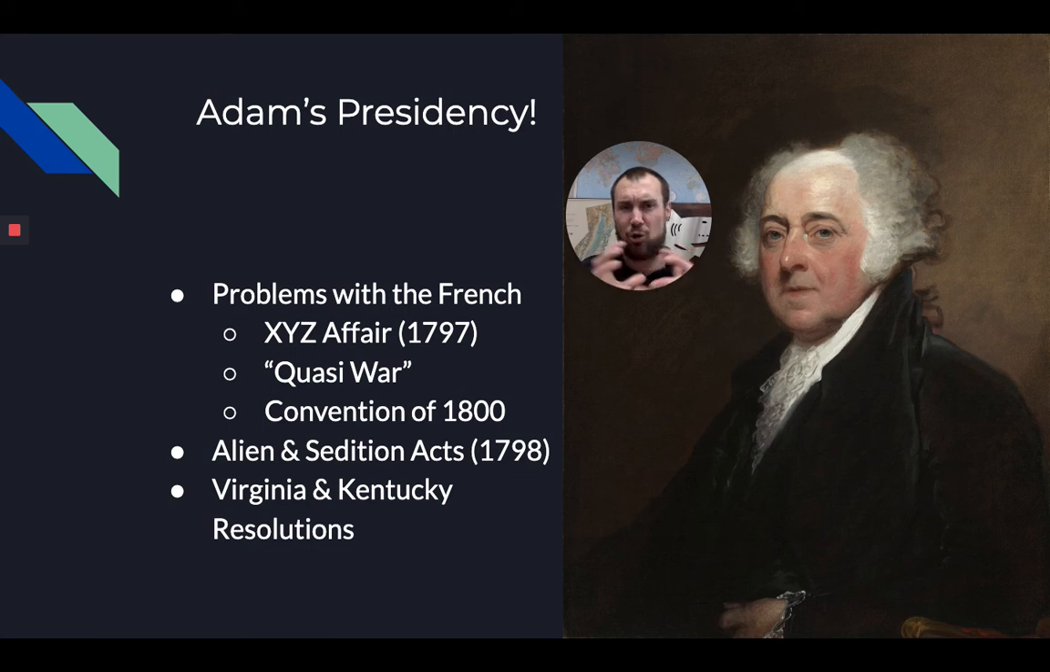And we're going to have this kind of quasi-war, especially at sea, especially in the West Indies. We're going to take a bunch of French ships. They're going to take a bunch of our sailors. We're going to stop trading with them. And this is going to go on until the Convention of 1800, where basically John Adams is going to go